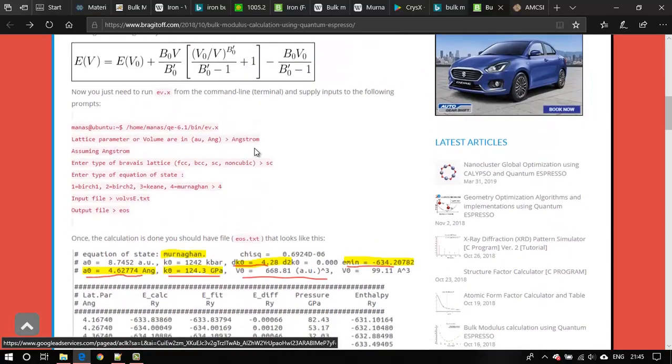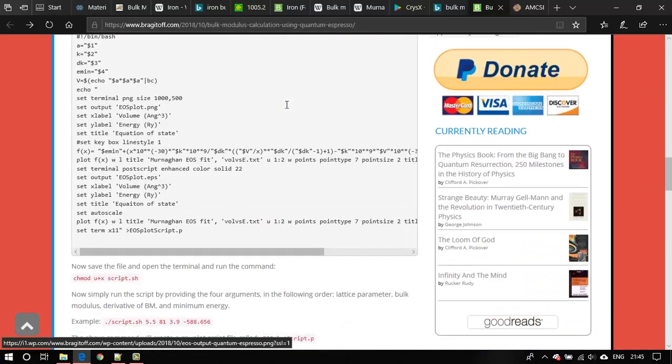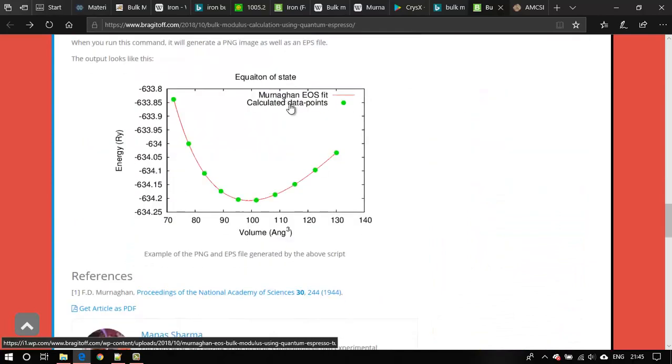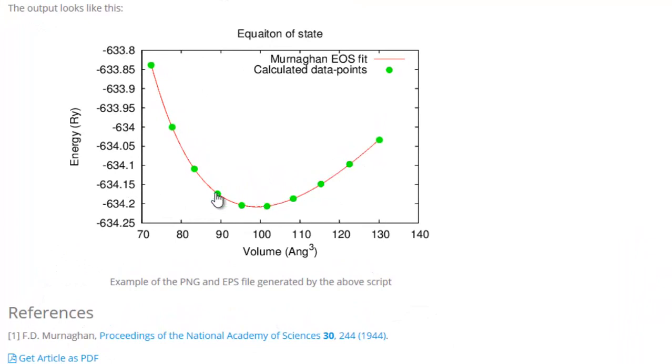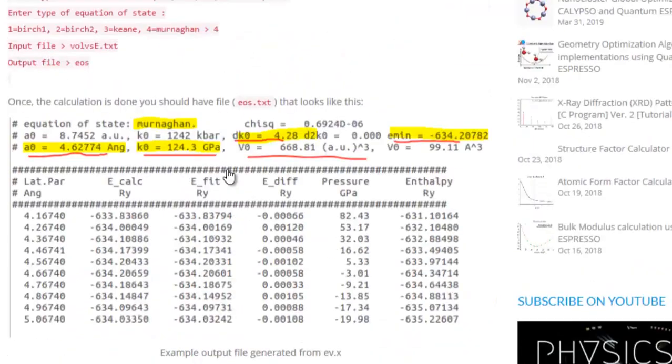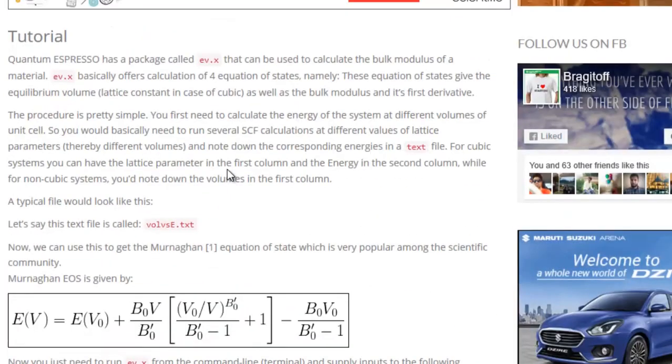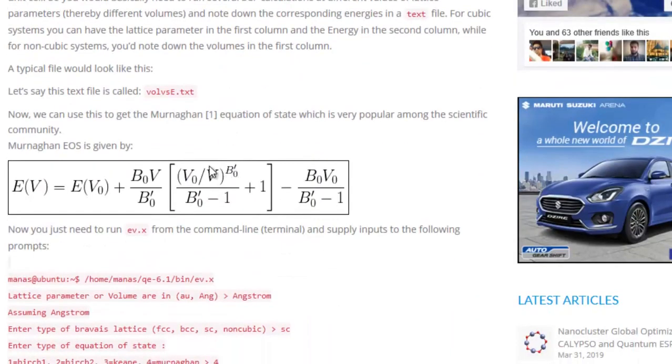So the thing about equation of state is you must have seen in a variety of literature something like this. Basically what they do is they calculate the energy of your system at different volumes and then fit it to some equation of state and then calculate the bulk modulus, equilibrium volume, which would be basically the minimum of this parabola, as well as the equilibrium energy. There are a variety of equations of state that are used for this purpose. The most popular ones are